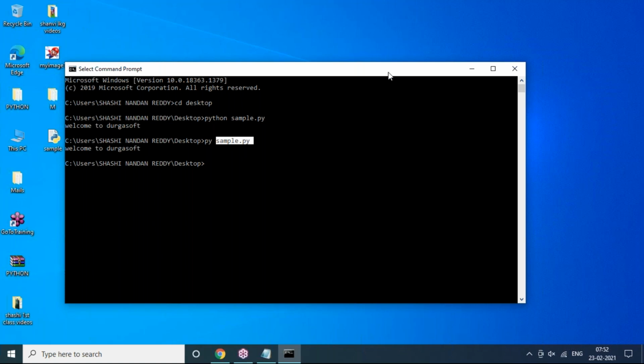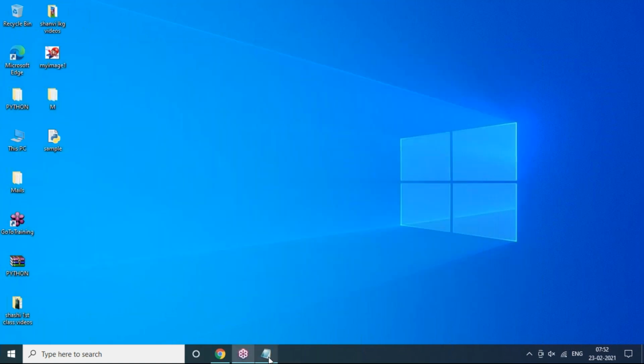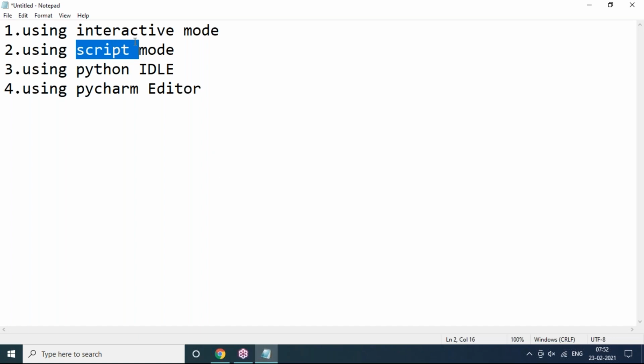Okay. So this is the way to execute the code after writing code in Notepad editor, like script mode. You have to prepare your script, however much code you want you can write, but save with .py extension and run it anywhere, like using Python IDLE, or else using a command prompt. This is one option we have. So there are options clearly. Whichever way you want, you can go.